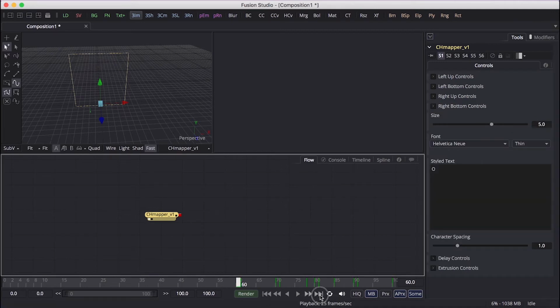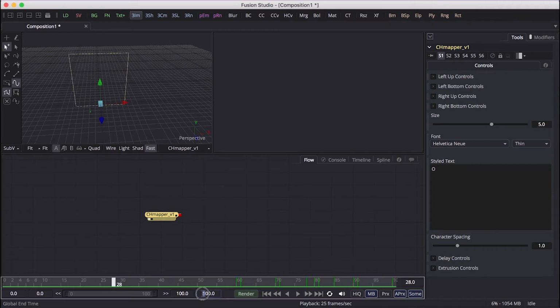Okay, let's see what we have done here. And in the right direction is going to be unfold. Okay, let's extend the range.